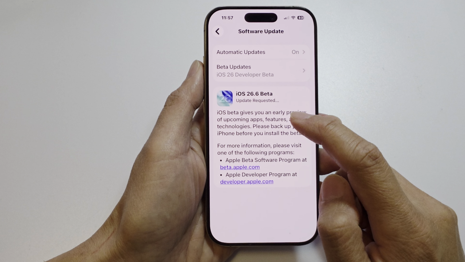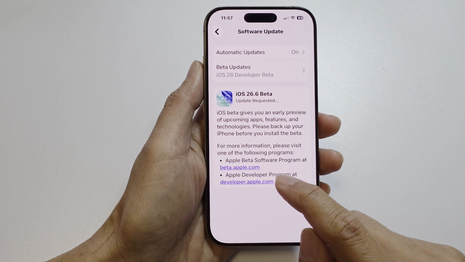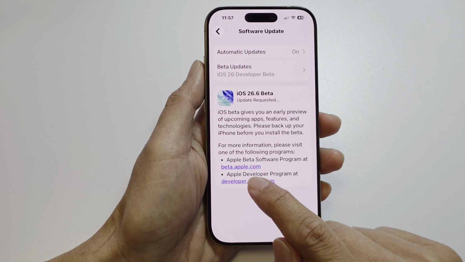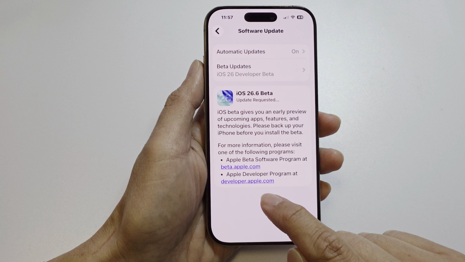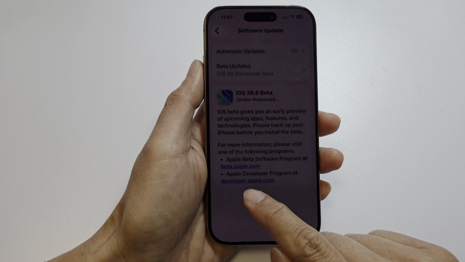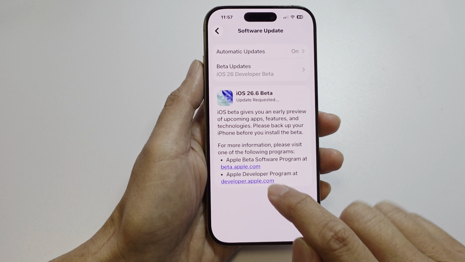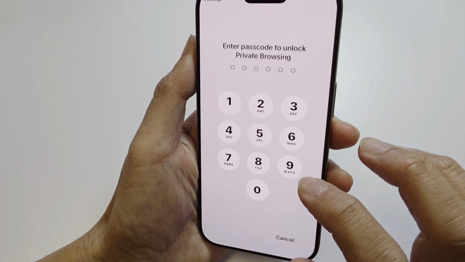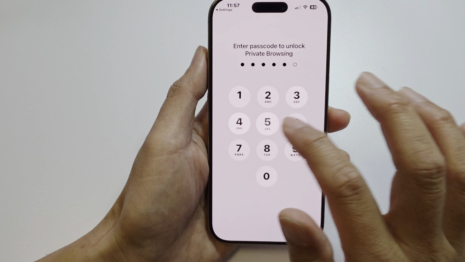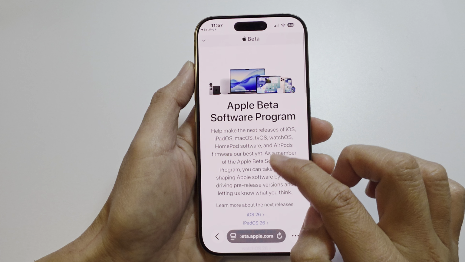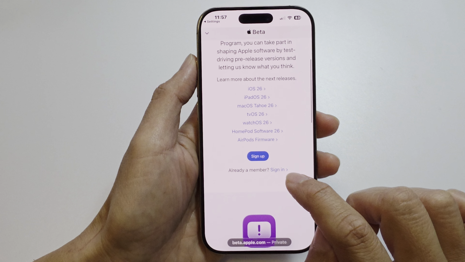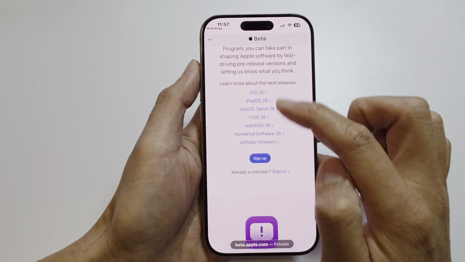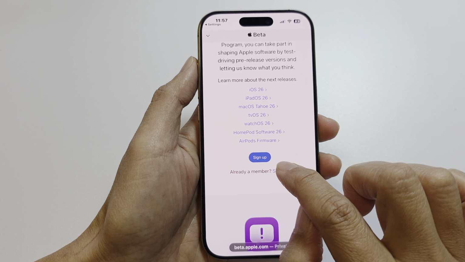If you are not enrolled in the beta program, you can do so here. We can go to beta.apple.com or we can go to developer.apple.com. So if you go to that website, I'll unlock it with a pin. And from here, you can scroll down and tap on the sign in button, and then we go down and